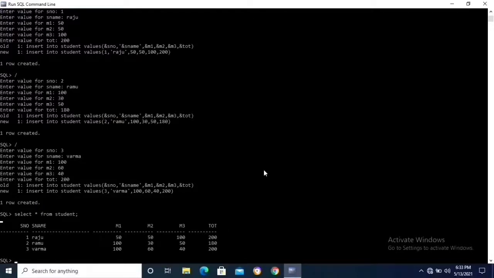Update command. Update command is used to modify the data and also performs calculations. Okay. Update command is used to modify the data.